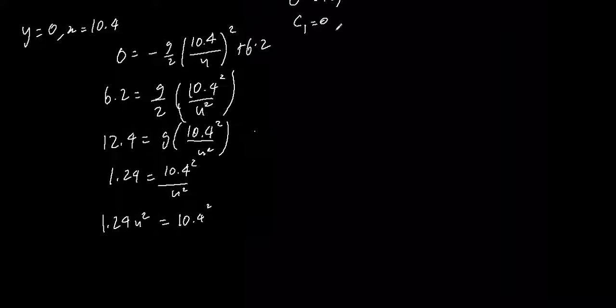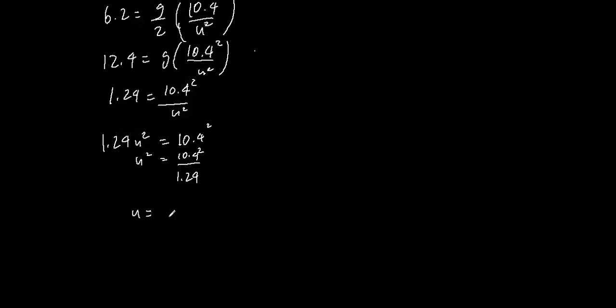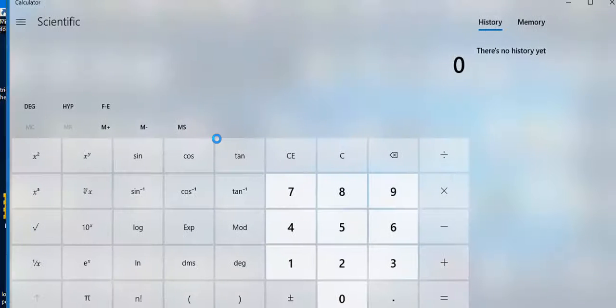So now I have 1.24. Okay, now why not? We divide both sides by 1.24. u squared is equal to 10.4 squared over 1.24. Okay, now I can square root both sides. So u is equal to, now I have the plus or minus, 10.4 that comes out of the square root, and now I have 1.24. You know how square roots work, I'm pretty sure. Okay, so then I have